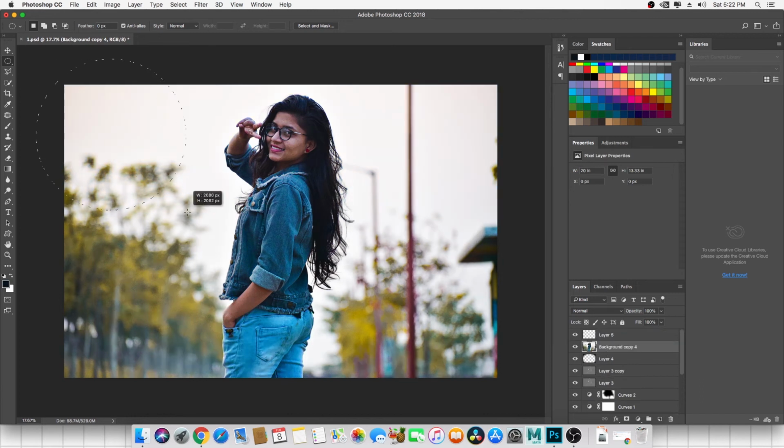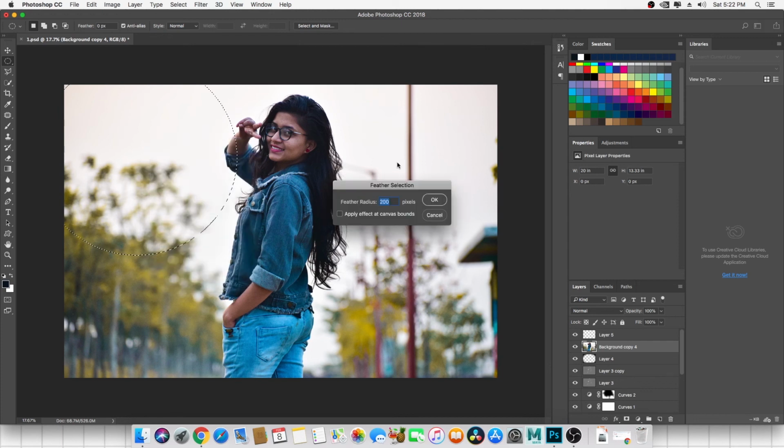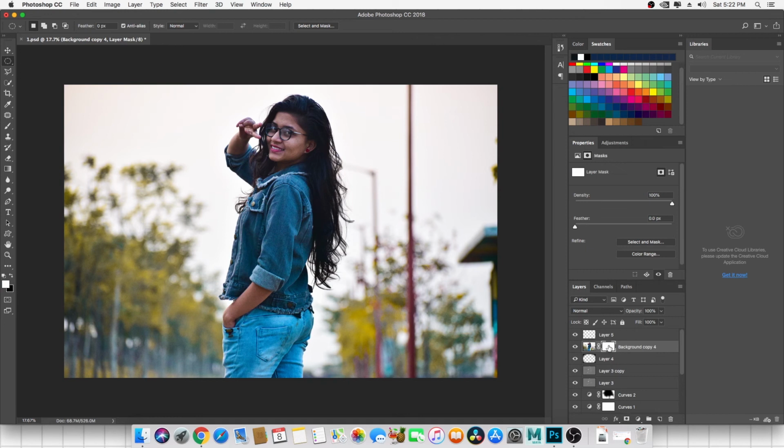and take a selection of that like that. Right click, feather. Or I can just put a mask on that, so in post I can edit it, or if I want to increase the spread of that, I can increase it. So just go here, you can see the layer mask. As you increase the layer mask, it can be increased with the photo.